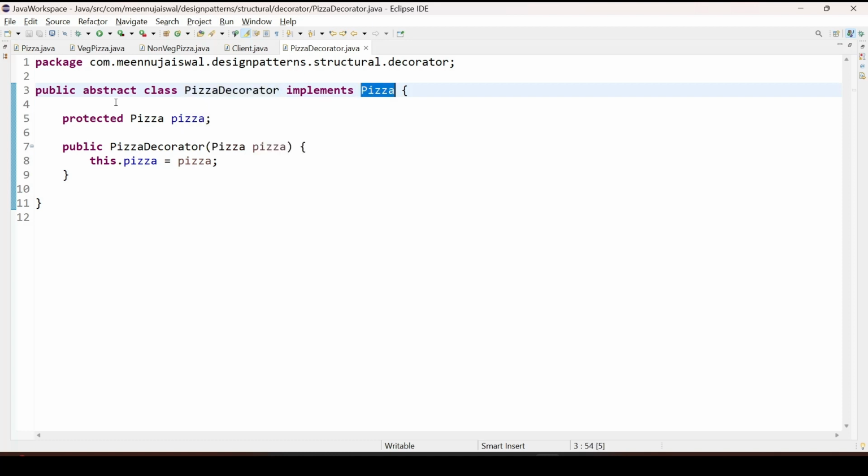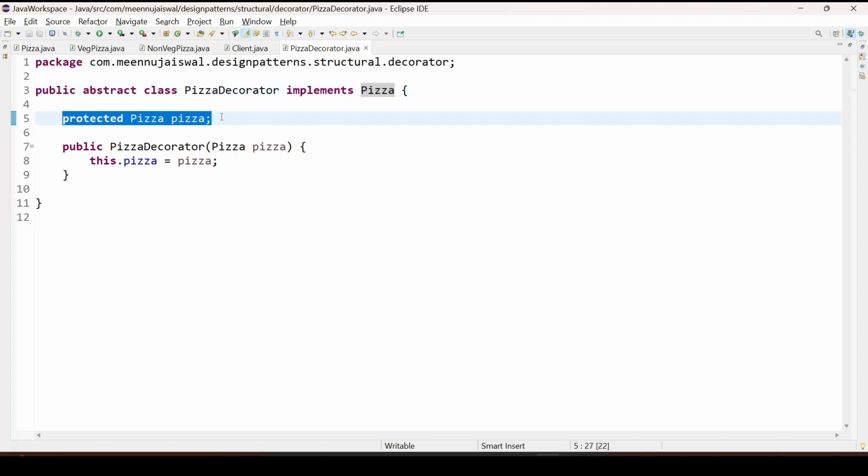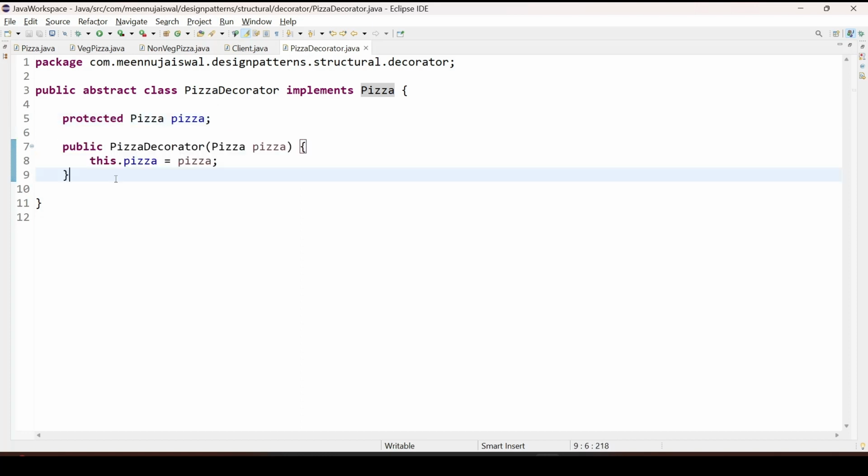Okay, so within this we have the main base class which we want to decorate. Okay, so we are wrapping these base classes in this abstract class. And this abstract class is also implementing the main interface, the pizza interface. Okay, so we have the constructor here where we are setting the base object. And then we will have the concrete implementations of this abstract class by which we will be